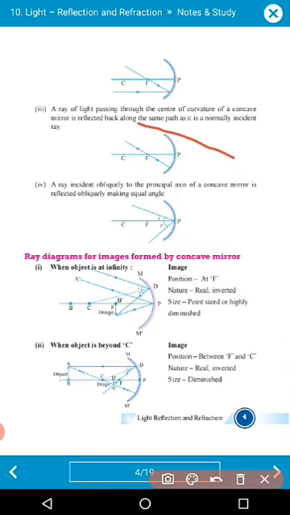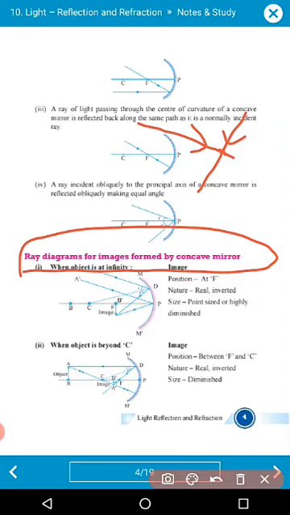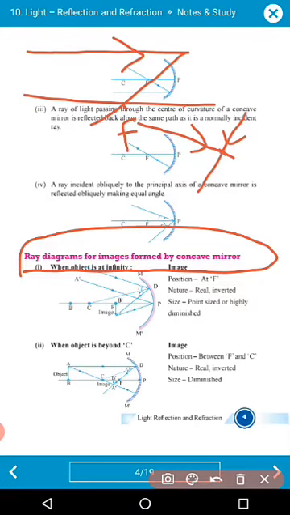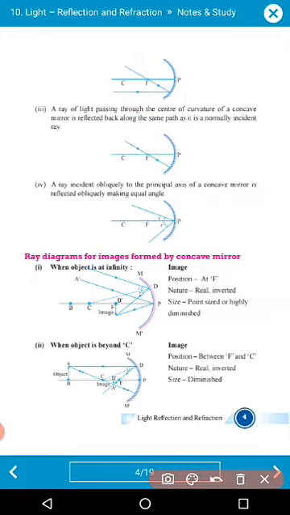Fine. So whenever an image is going to form, you have to learn one thing. When two light rays intersect with each other, at that point the image will be formed. So in the ray diagram cases of the concave mirror, you have to understand two things. First, a ray must pass through the principal focus. A second ray must pass through the center of curvature. Due to the intersection of these two rays, the image is formed. Okay. So for better understanding, let's go through the different formations of images.